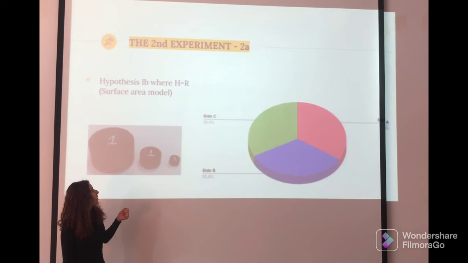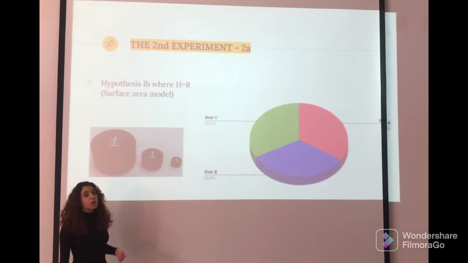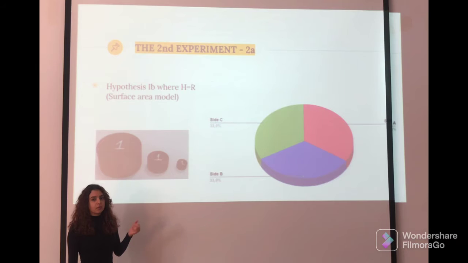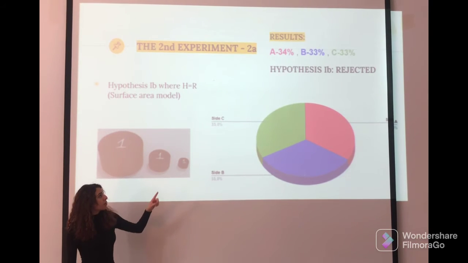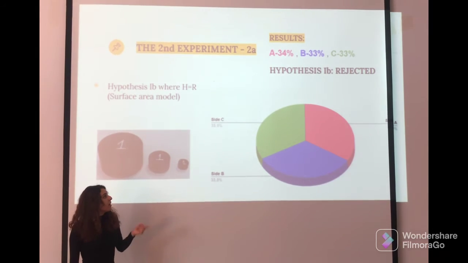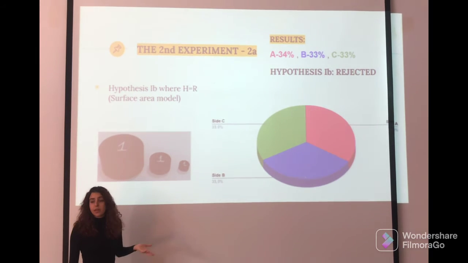This is the first part of the second experiment, which tests hypothesis 1b, where the height of the cylinder is the same as the radius of the cylinder. Based on the results, we see that there is an equal probability, which goes against hypothesis 1b and the probabilities